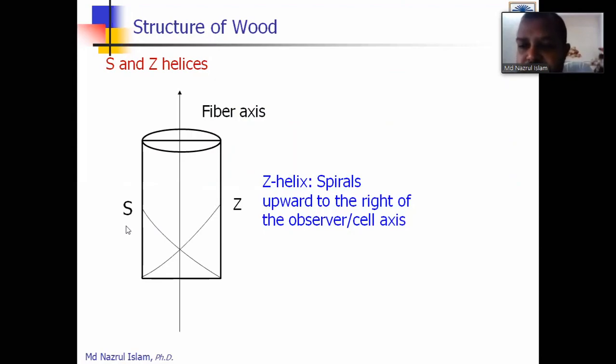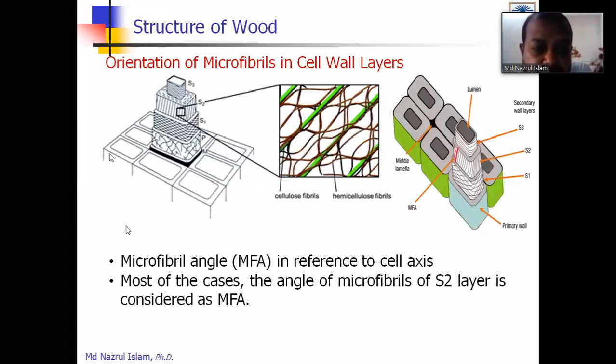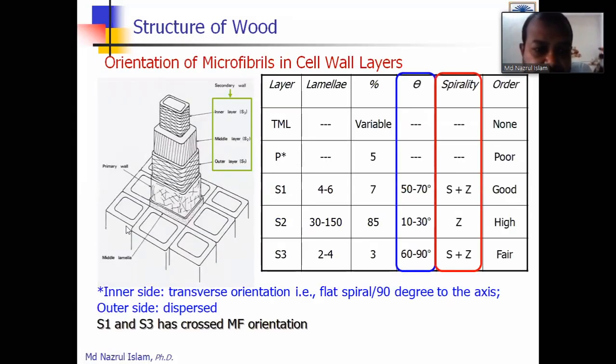We are saying that the microfibril can orient from left hand to right hand side, because in the figure you will see some of the microfibrils in the S1 layer. If you just look at the S1 layer, see this figure at the left hand side. At the S1 sublayer you will see there is just like a diamond shape structure in the S1, right? It means some of the microfibrils come from left to right, some of the microfibrils come from right to left.